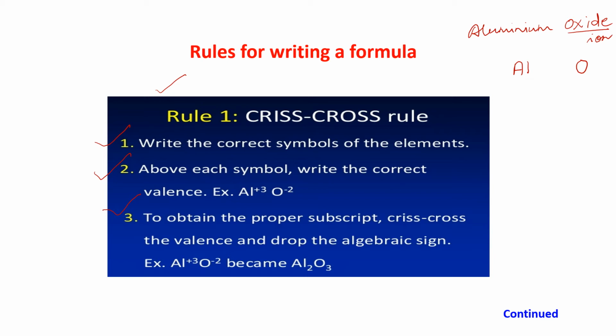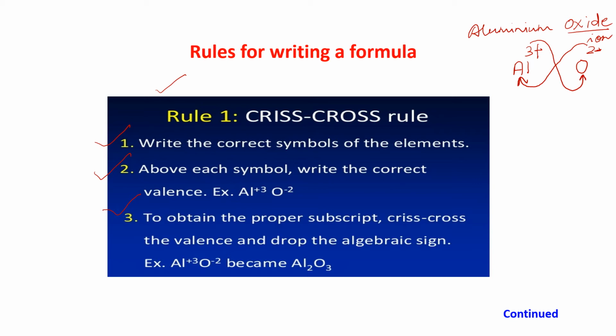Now write down the valencies at the top. So it will be in the superscript. Aluminium, the valency is +3. And oxygen, this is oxygen with the valency 2-. I ask you to learn the valencies, okay? This is very important, otherwise you will not be able to write. -2. Next step, what I told you, crisscross. Bring this 2 down with Al and bring this 3 down with O. That means write down the subscript.